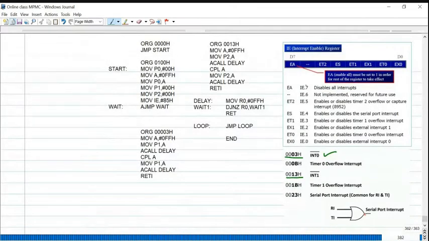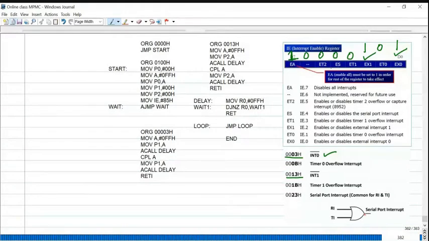For interrupt related programs, we have to configure the interrupt enable register. I want to enable external interrupt 1 and external interrupt 0. Globally, first enable all the interrupts by making this particular bit 1. There is a global enable and global disable; global disable means all the interrupts will be disabled.